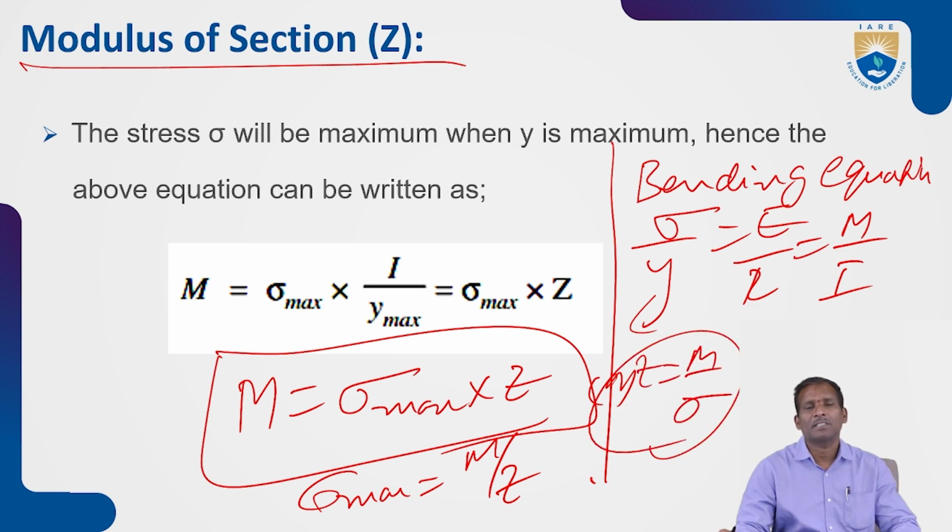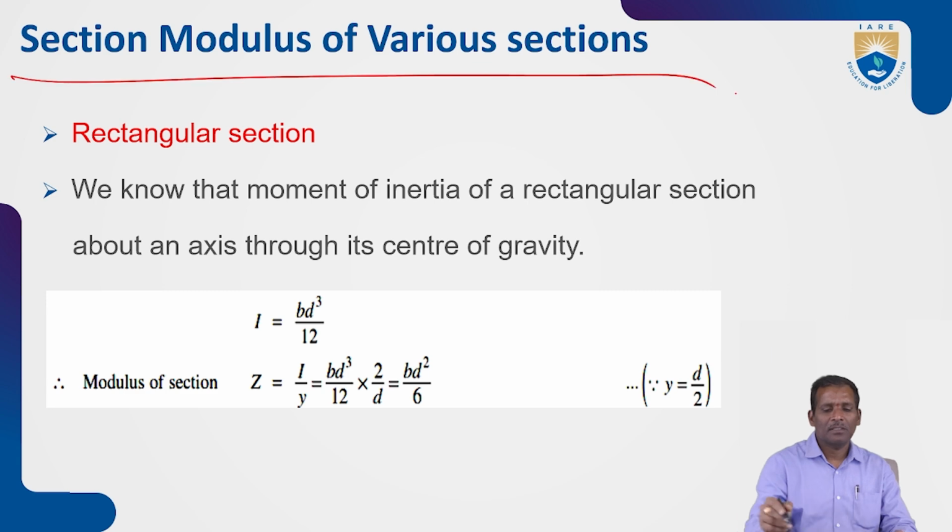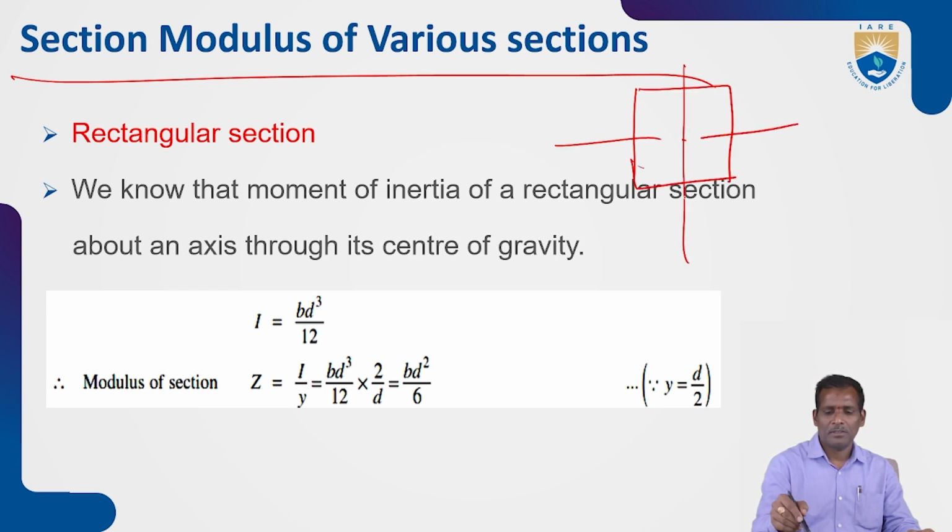If you know the bending stress and the bending moment, you can calculate the modulus of section. And if you know the moment and section modulus, we can calculate sigma max, the maximum stress. So the stress will be maximum whenever Y is maximum. Now the section modulus of various sections. We will see first the rectangular section. Suppose the rectangular cross section has width B